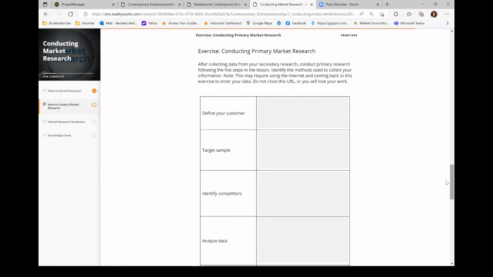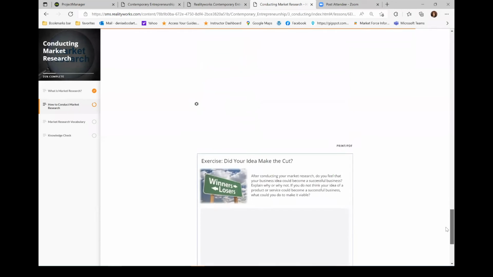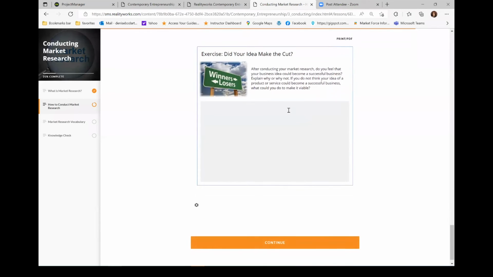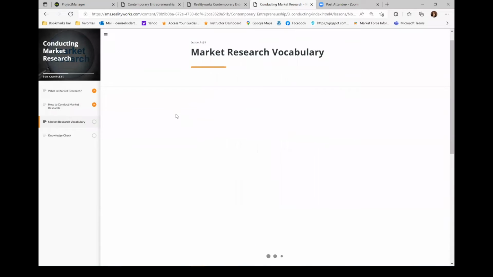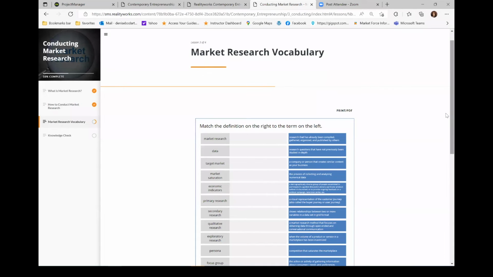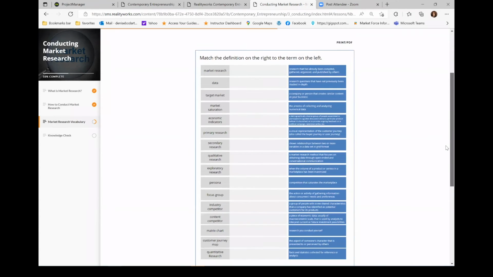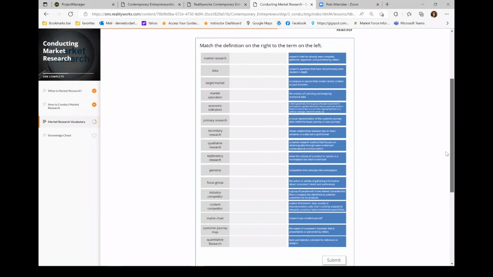Here's another exercise where they're conducting their primary research and another one where they're going to have to think about whether their idea that they came with makes the cut. Will it be viable? So if you continue on to section 3 of 4, all of our lessons have a vocabulary exercise. There are a lot of new terms that students will be exposed to and learning about as they complete each of the lessons. So in each of the lessons, we have a matching exercise where students